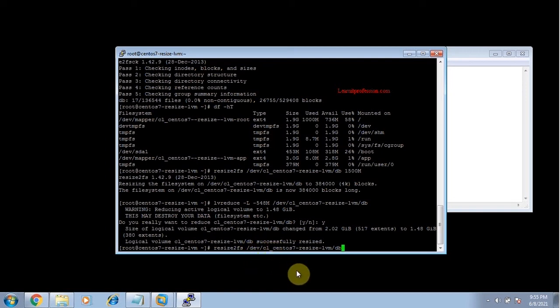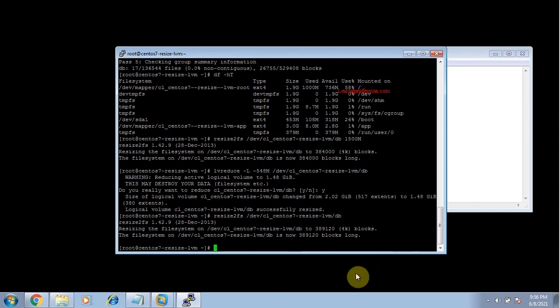After reducing the size, type this command to check the file system error: resize2fs /dev/cl_CentOS7-resize-lvm/db. This is the volume group and this is the logical volume db. Just press enter. The result is the file system is okay, there is no error.